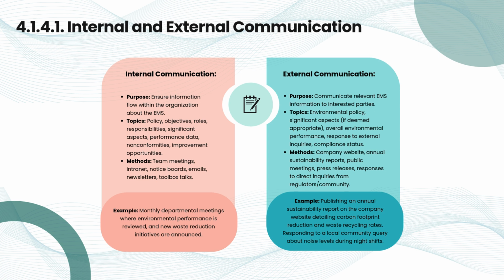Purpose: to be transparent and responsive to those outside your organization. Topics: this could include your environmental policy, information about your significant aspects, if appropriate to share publicly, your overall environmental performance, how you respond to external inquiries, and your compliance status. Methods: your company website is key. Annual sustainability reports, public meetings, press releases for major environmental achievements, and direct responses to inquiries from regulators or the